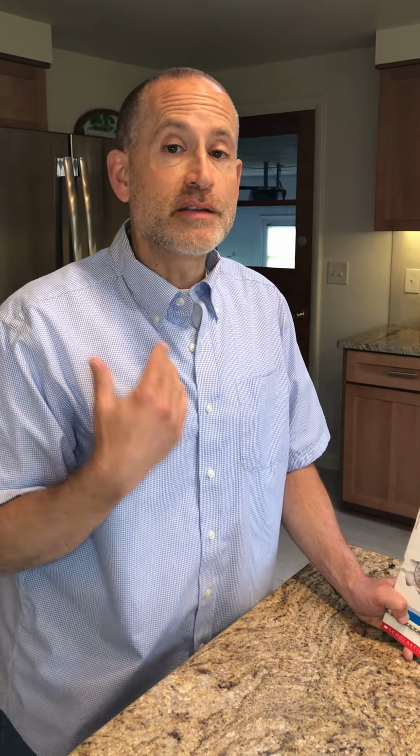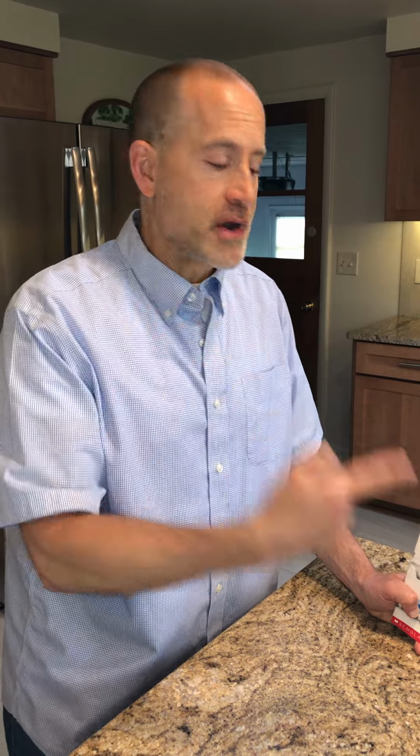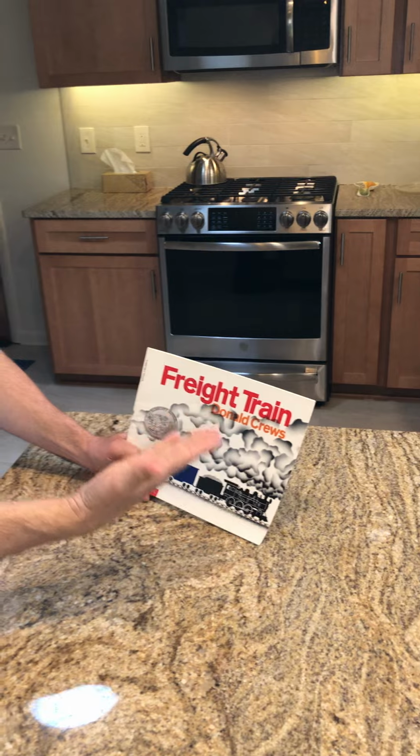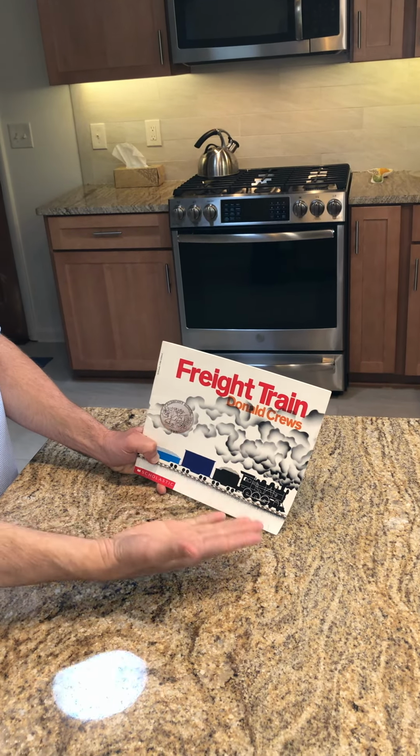I'm Phil, and today we're talking more about transportation. That means getting from A to B. Let's get on track with a great book called Freight Train by Donald Crews. This is a very cool book because it talks about trains, but it also talks about colors and the work